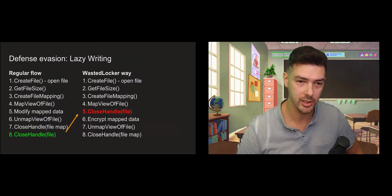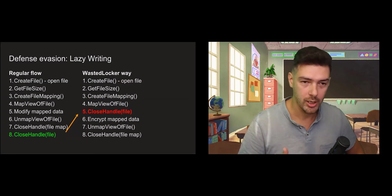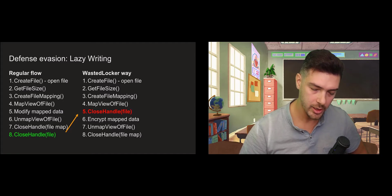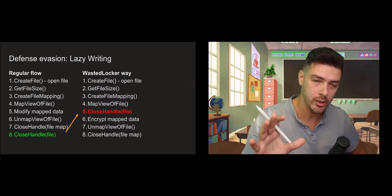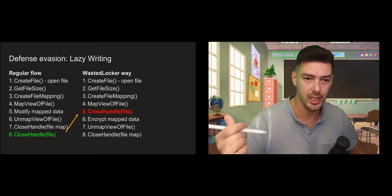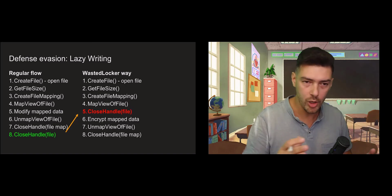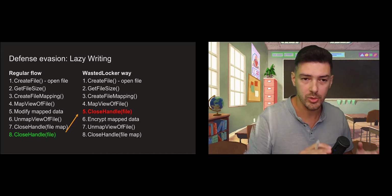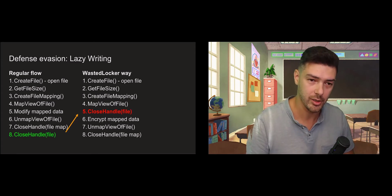Another interesting technique, a bit more complex, is exploiting the Windows Cache Manager. I would say a weakness, not a vulnerability, but a weakness. The idea is Windows has a cache manager which allows mapping files into memory and performing operations in memory, and then dumping this modified data into the file to reduce the number of requests to the disk when you need to work with some specific file. When you open it in the editor and perform multiple changes, the operating system doesn't need to send each request to the file, but can make edits in memory and then dump